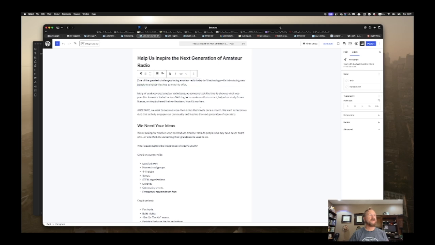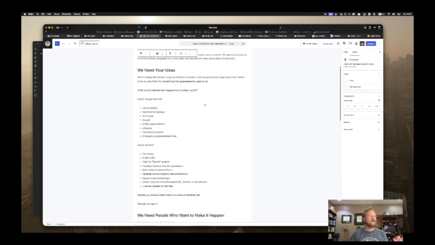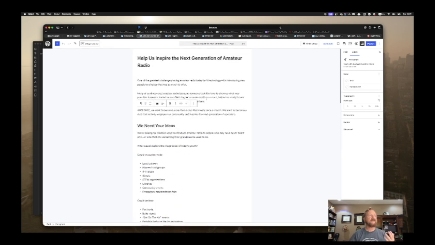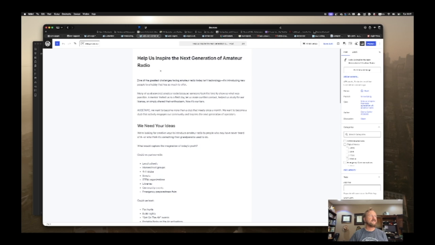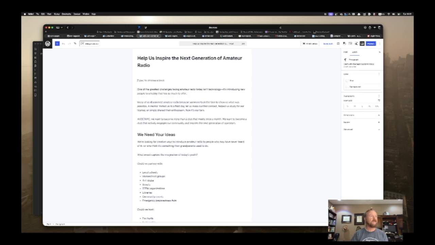Help us inspire the next generation of amateur radio. All right, so there's this. The content is there. I've spent some time writing that, and I just pasted it in. When you're writing, you'll see using this interface, I'm going to hit enter a couple times. It has this prompt here, type slash to choose a block. So if I hit slash, I can do heading. I can create a list, like a numbered or bulleted list. You can start typing here,